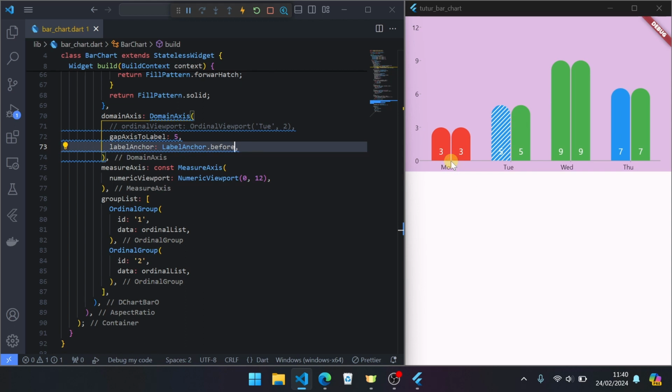Or you can reference this label anchor to text line left, text line center, text line right. If you want to set to right, you can use after like this.